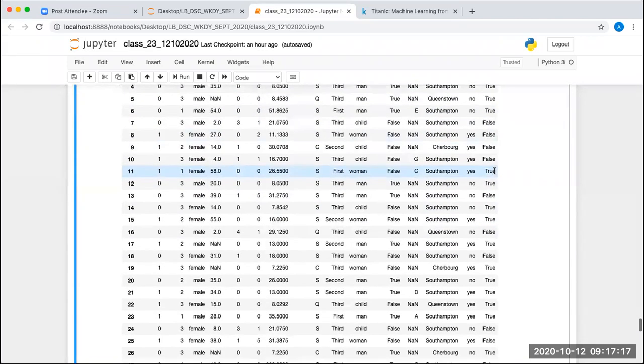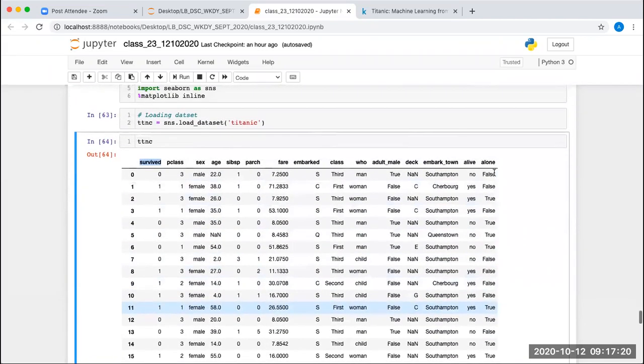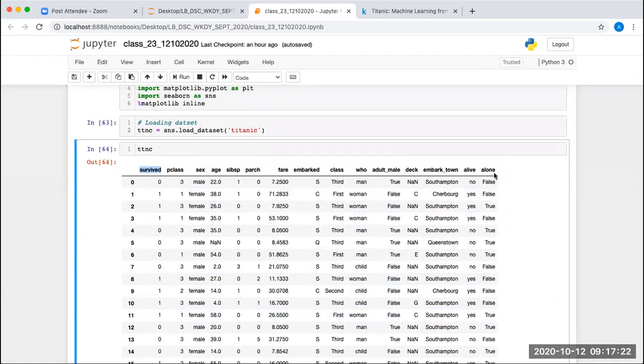Actually, I'm not understanding the difference between parch and SIBSP. SibSp is sibling, spouse, and parch says the parent-child relationship. Now, if you see here I'm saying one, when it is one, it means this group of people were sibling or spouse.